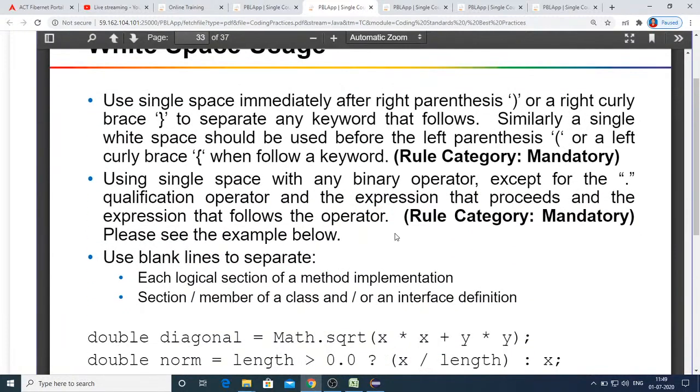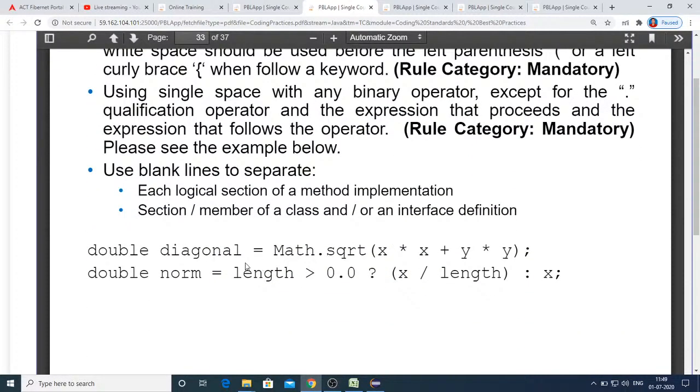And then, this also we should remember. We are not used to it, but when you are doing this, these are mandatory things. Here you can see, before operators and after operators, a space must be there. As you can see in this example, before equal to, after equal to, before less than, greater than, after greater than, before asterisk, I mean multiplication, and after multiplication, before plus, after plus, before division, after division, before question mark, after question mark, before colon, after colon.